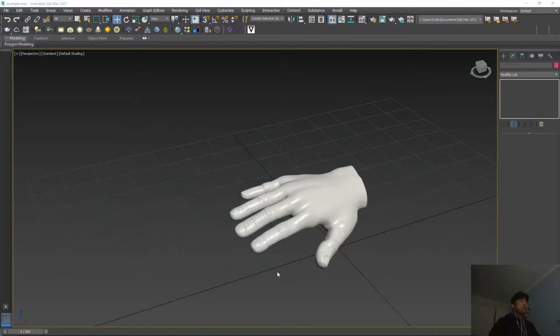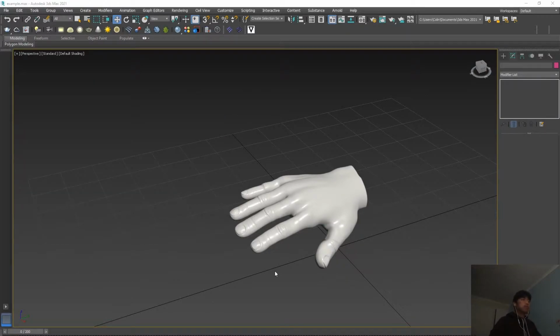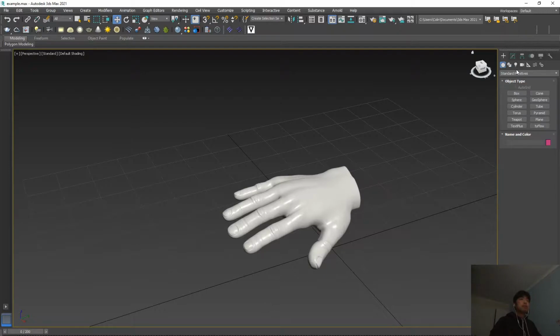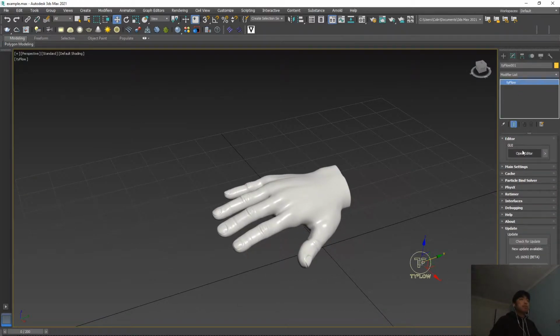Hi guys, in this tutorial we're learning how to create a Plexus effect on an object in Tyflow in 3ds Max. I've already imported a model of our object to create the Plexus effect. To begin, we'll grab the Tyflow icon and drag it into the viewport, in the Create panel, Geometry tab, and Tyflow. Next we begin by opening the editor